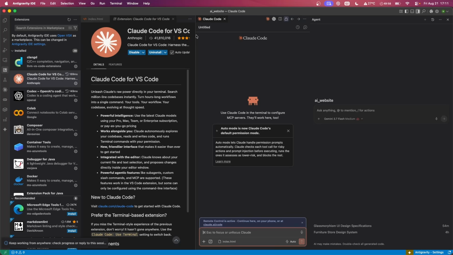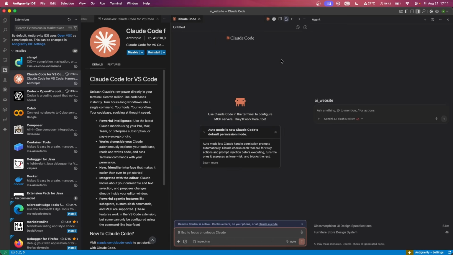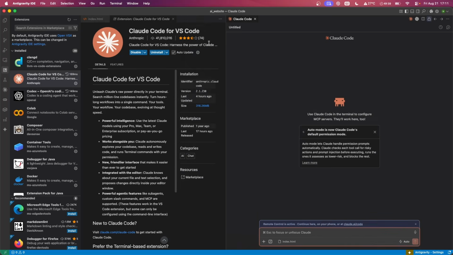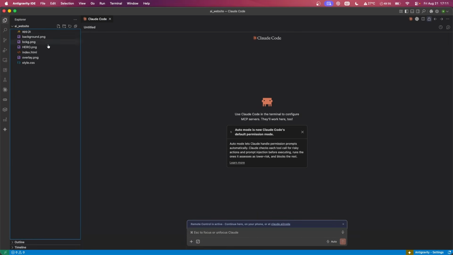So let me just resize this real quick. Claude Code for VS Code. And then make sure that you just sign in with your Claude account. Make sure that you have an active subscription as well. But I also think that it will work with a free account as well, just not so many tokens, you know? And then here, once you are signed in, make sure that you put inside your images